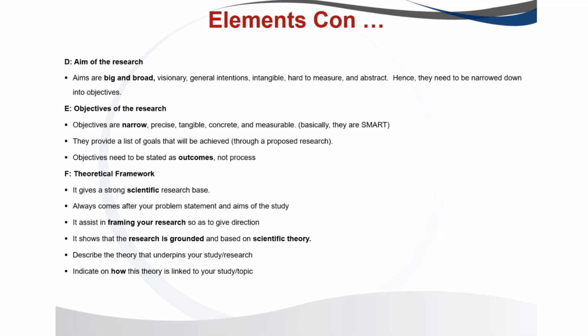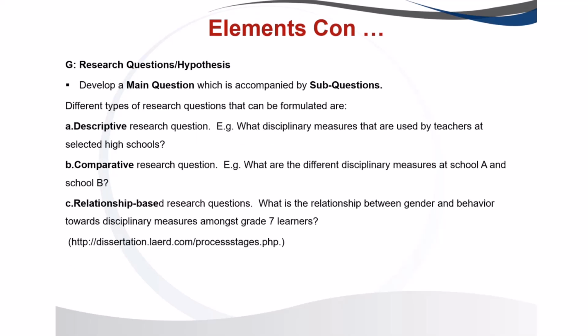Then you are done. Another aspect is the research question. I've just explained a research question briefly, but you need to have the main question and also the sub questions. So based on your aim, you can develop the main question, and from there, based on your objectives, you can formulate your sub questions. Well, there are different types of research questions. I think they are covered in your study material. There are questions which you call